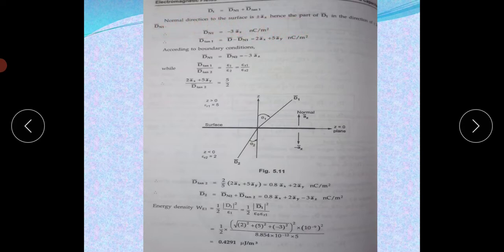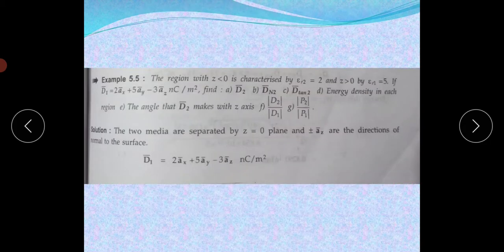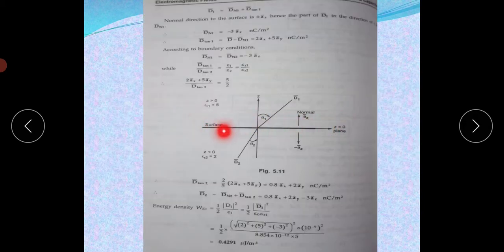Okay, here this is the boundary line. Here completely the first dielectric material is there, and here the second dielectric material is there. So with respect to this boundary line, the z axis is the normal direction. So in this expression, we have to find the normal component. This is the boundary line and the z axis is normal to this boundary line. So the normal component of D1 bar equals the z component value. So this direction component is the normal component.